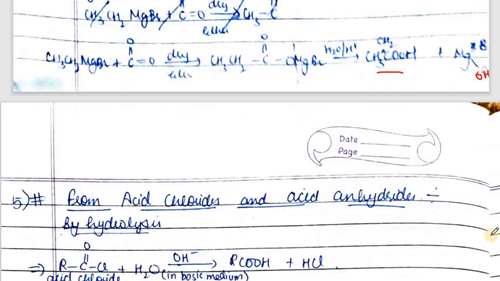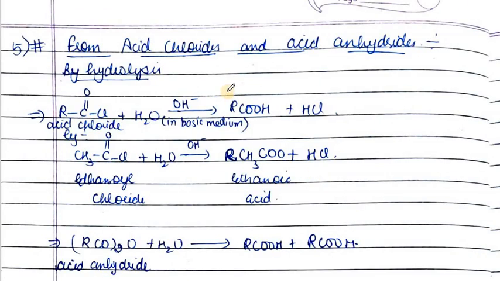Next is from acid chlorides and acid anhydrides by hydrolysis. Acid chlorides with water in basic medium give carboxylic acids and HCl. Bond cleavage takes place and we get RCOOH, Cl is replaced with OH, so carboxylic acids are formed. Similarly, for a 2 carbon example, ethanoyl chloride with water in the presence of OH negative gives